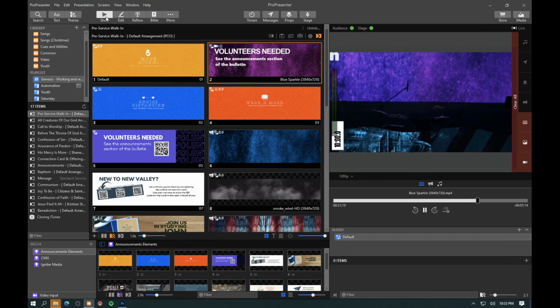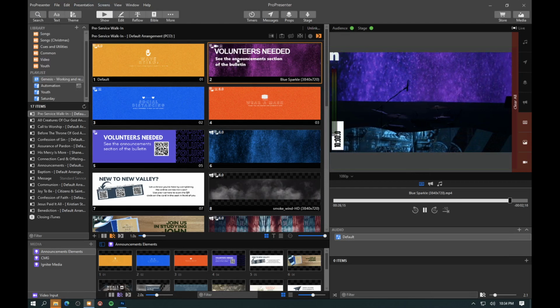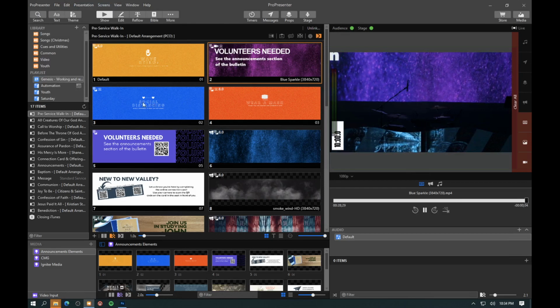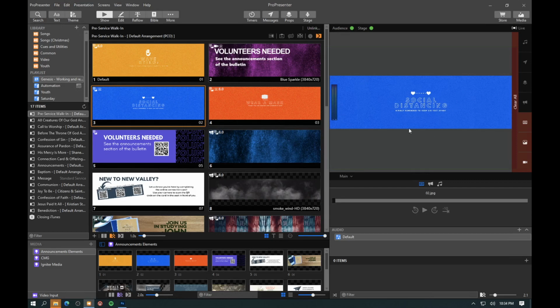And if we look at the screens, we can see that we are on live announcements A1. So if we switch to this right here, we get a different look. So on our main screen, this is what we see. We see a nice big wide screen graphic, and there's a blend in the middle. We have two projectors. And so it comes up, and in the past, this used to be one big graphic as a background. Now, the only part that's a background are these hearts and the blue. And then we have